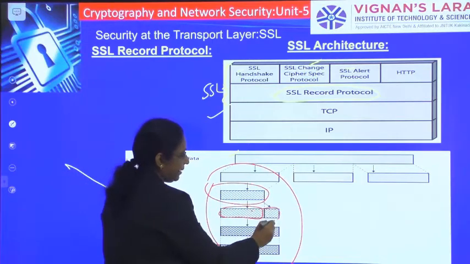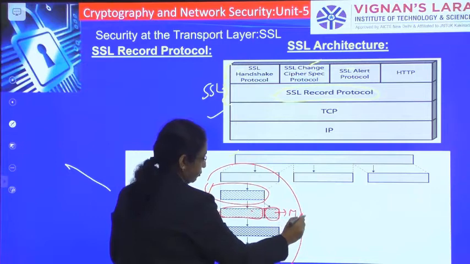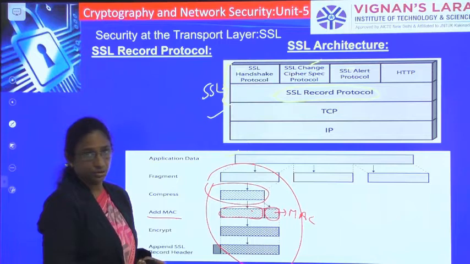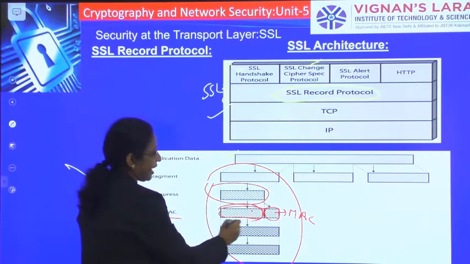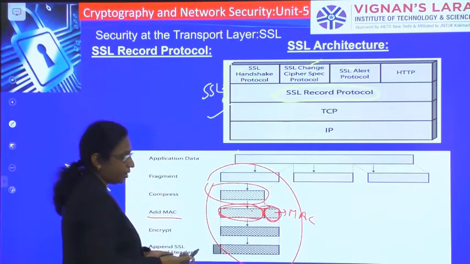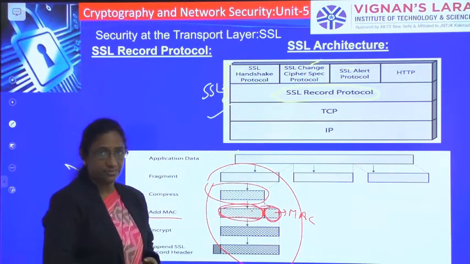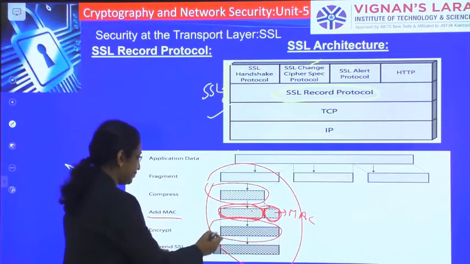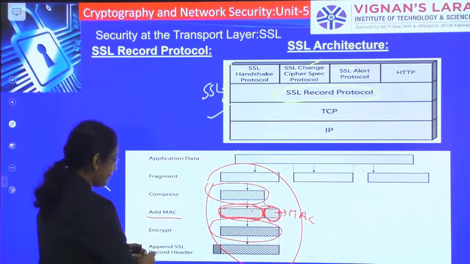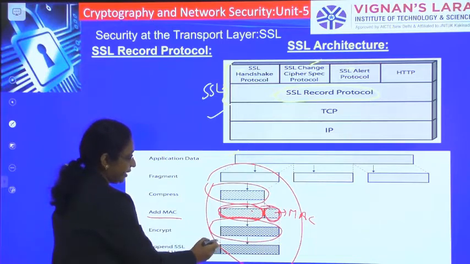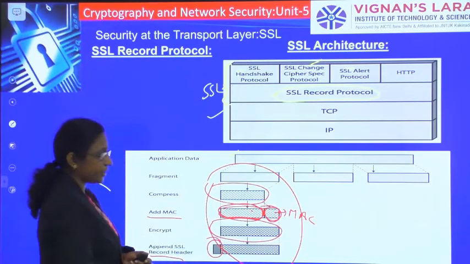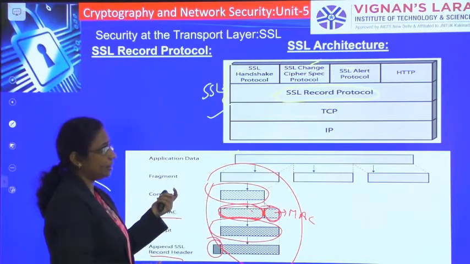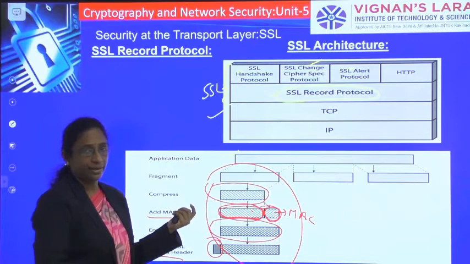Then we do the encryption: the payload and the MAC code both are encrypted using symmetric block ciphers. After the encryption, we append the SSL record header to the encrypted payload. These are the operations performed in the record protocol.